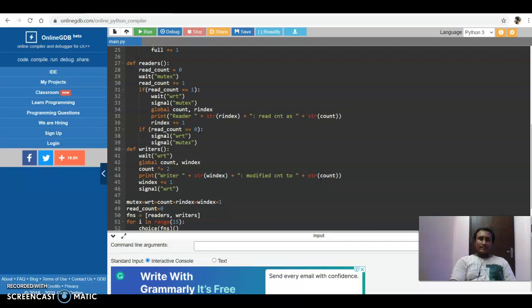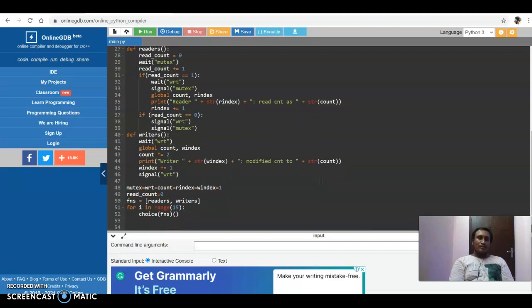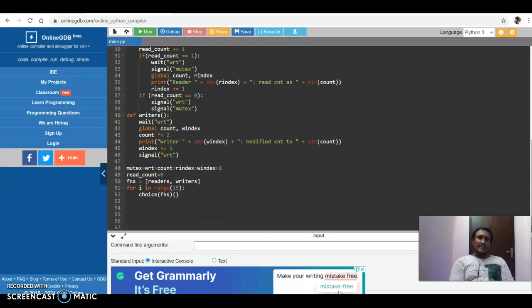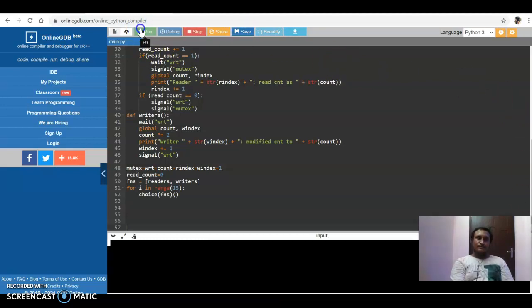Define writer: wait writer, global count index, count star equals 2, print writer plus string index modified count plus string, count index plus equals 1, signal writer. Mutex equals 1, write equals 1, count equals 0, index equals 1, read count equals 0. For i in range 15, choice of reader or writer. And let's run the program,